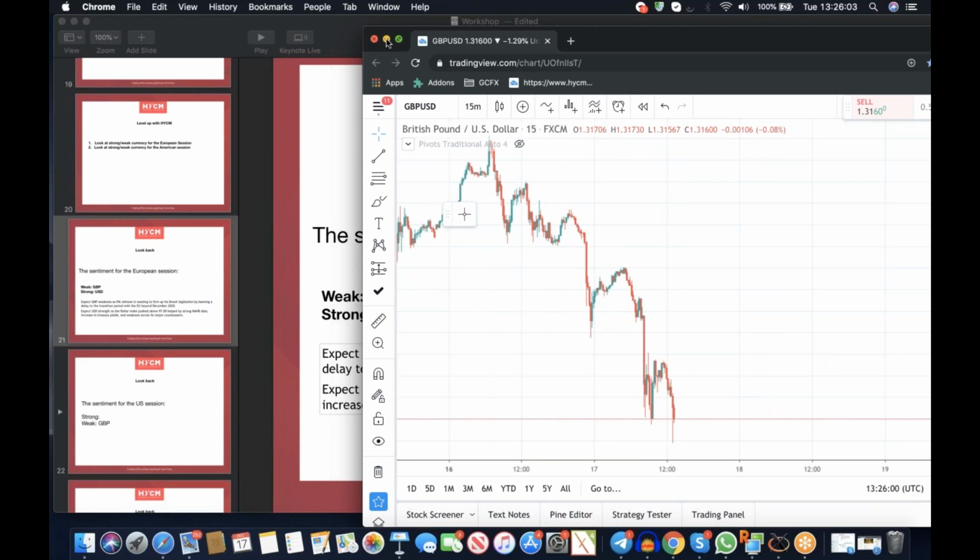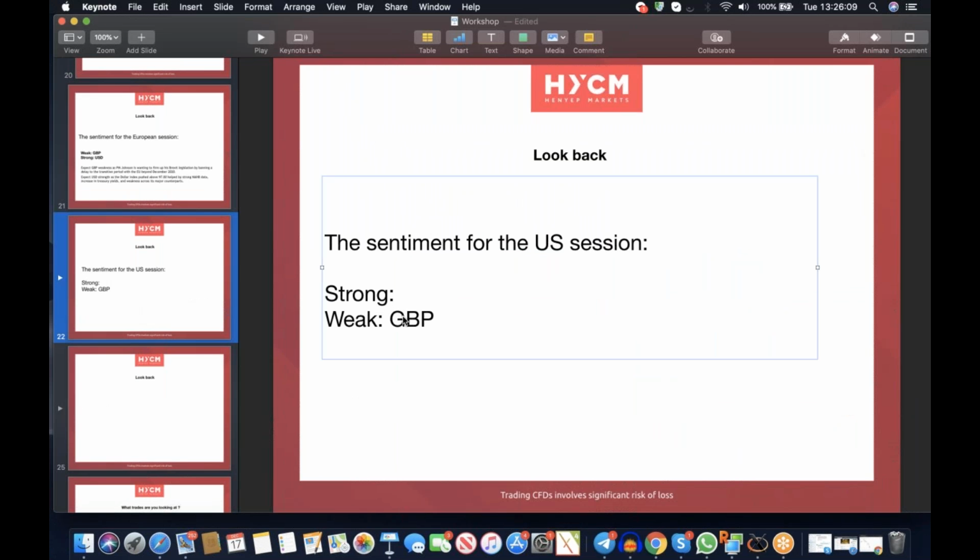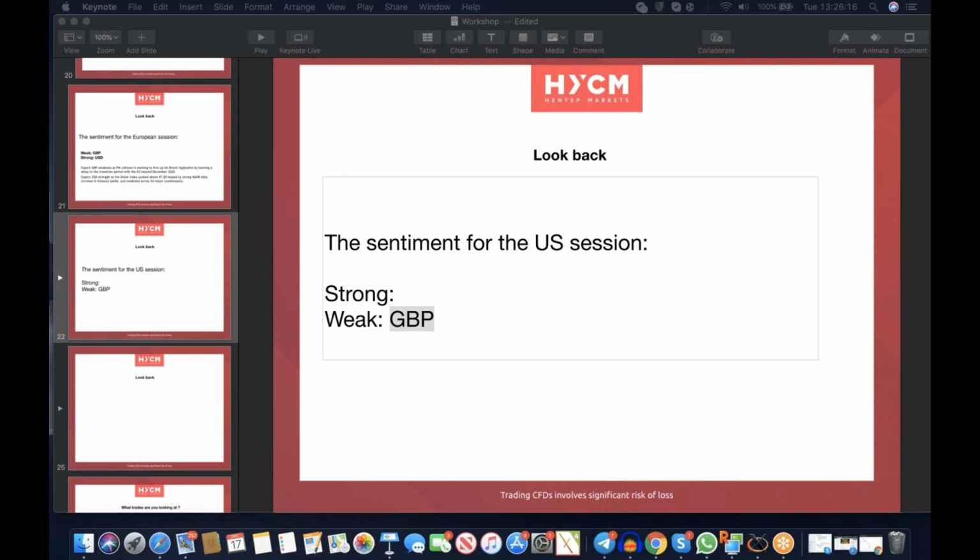We're now going to look at what I'm looking at for this afternoon session. Looking at this afternoon session, I'm expecting that sentiment for the pound to carry on through. It's quite an important issue, and I do think that is going to be a reason for pound weakness for the rest of the day, subject to any other unexpected Brexit news. So that is important.